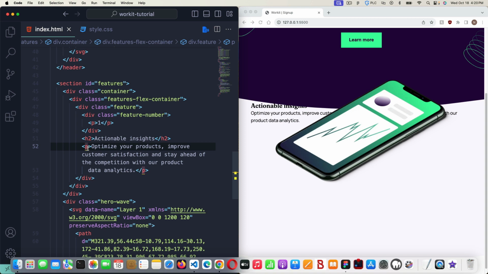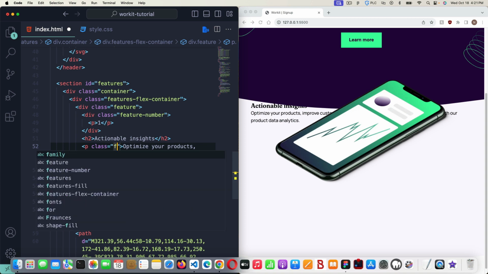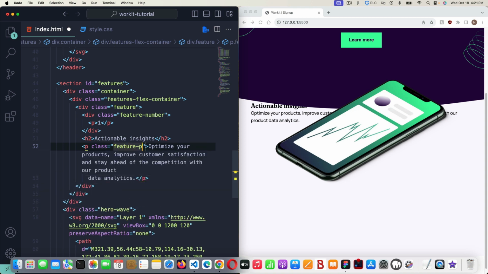And I'm going to give this a class in case we have to style it by itself later. We have to just select this paragraph because we already have a paragraph in here, so I can't just say P if I'm going to use selectors. Now I have to have a class on here. And I'm pretty sure we're going to have to style this text on its own. So we'll say feature P. Yeah. And then for up here, we can just give a class if we want. We don't need to actually because I don't think we're going to be touching that. That's just going to be there in the paragraph. So yeah, so that's one feature